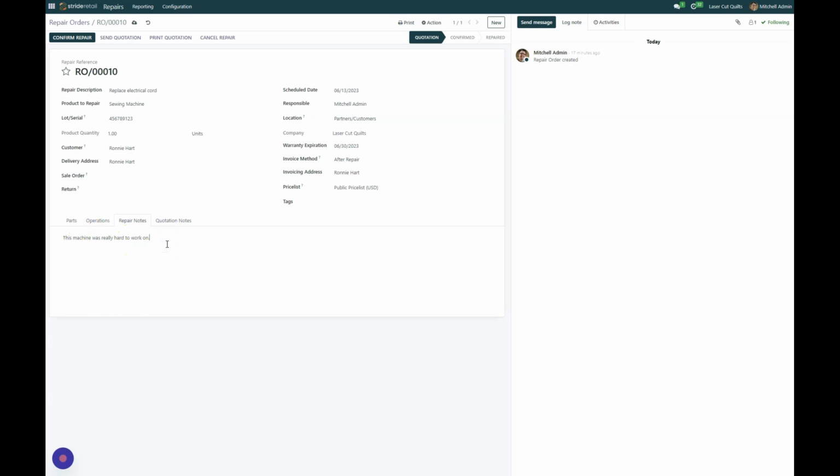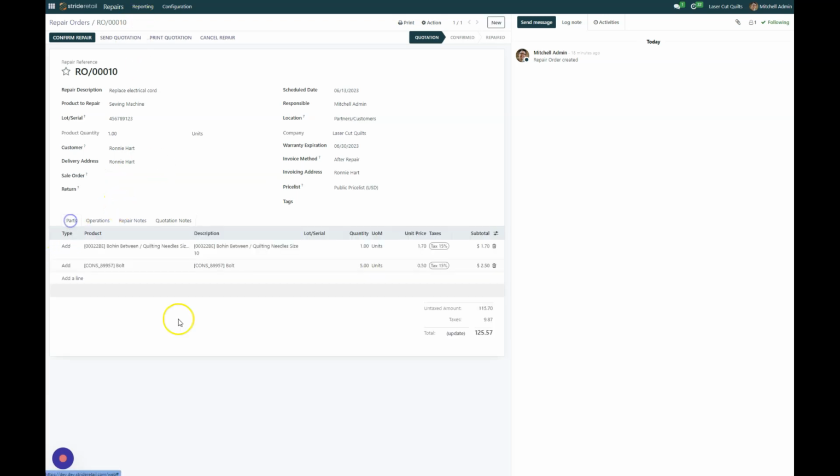For future reference, the customer does not see these notes. And quotation notes are quotes that you could add in when you first started this quotation if the customer had some specific things they needed. So that's where you can add those in, and then you'll want to go ahead and save that, and you can add as you go,